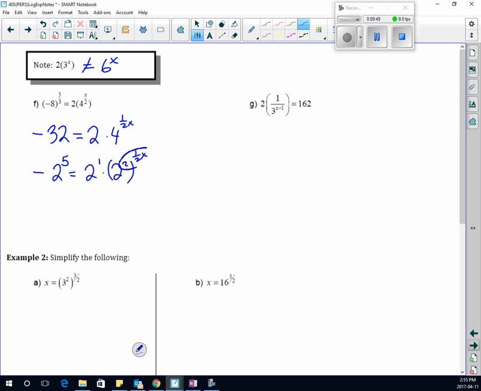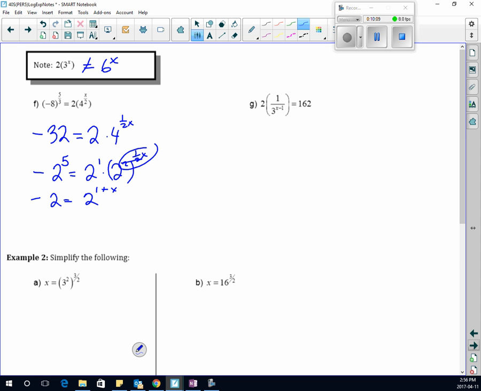When you multiply 2 times 1/2 x, what do I get? Yeah, you just get x. The 2's will cancel and you're just left with x. So what does the right side become? 2 to the power 1 plus x. Now, if you get down to this step and you have a negative equal to a